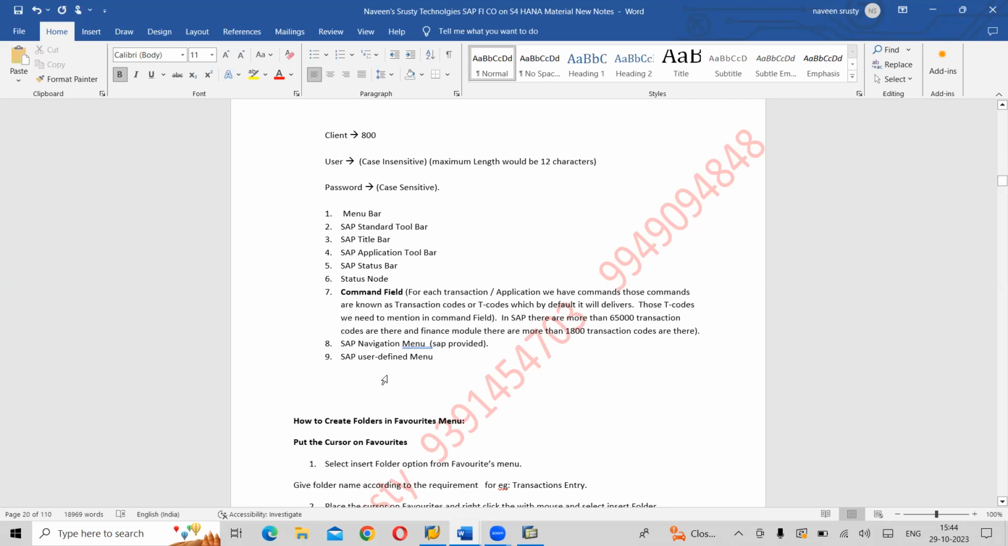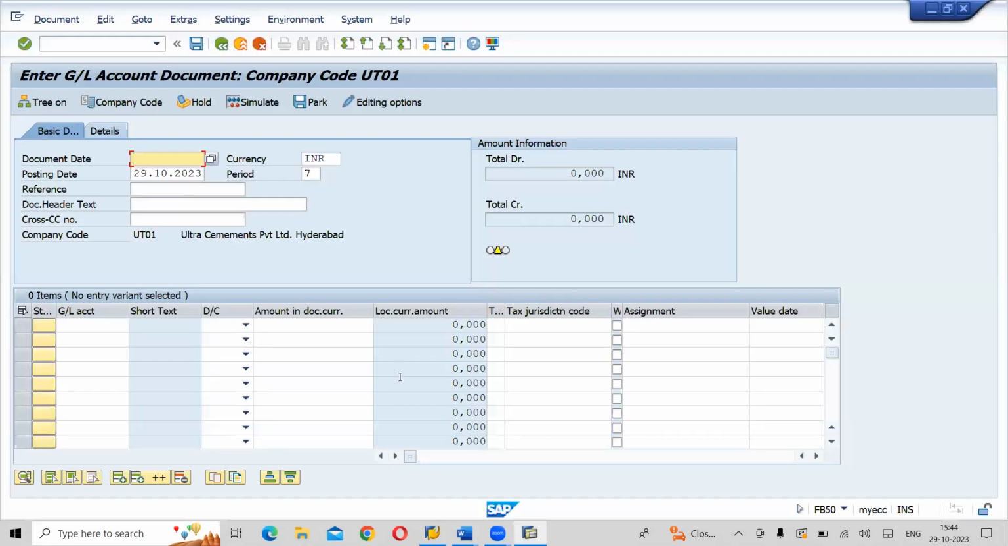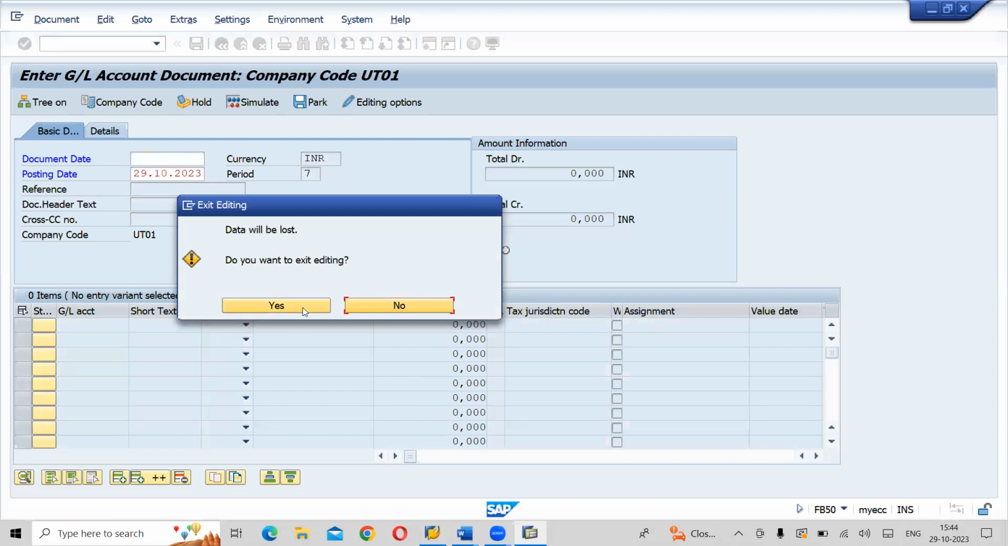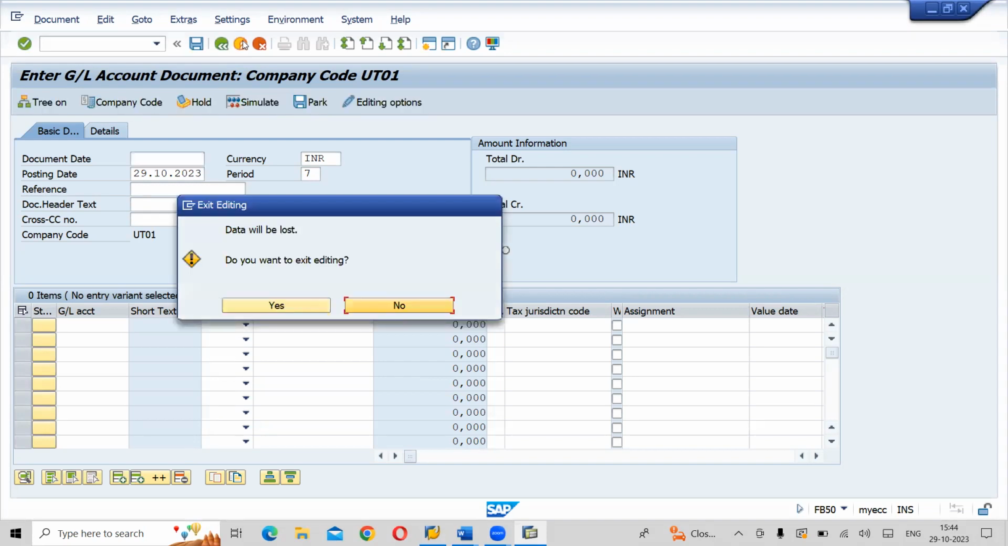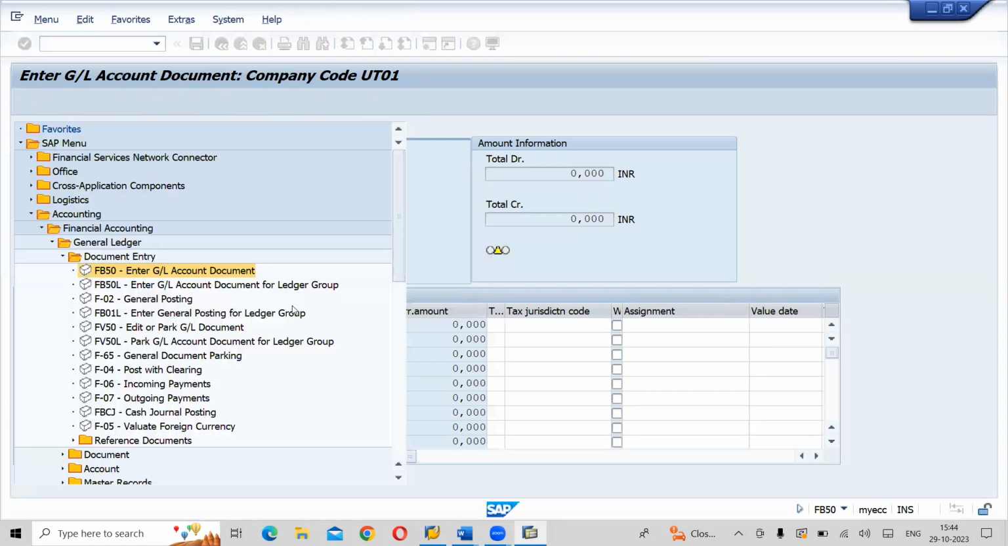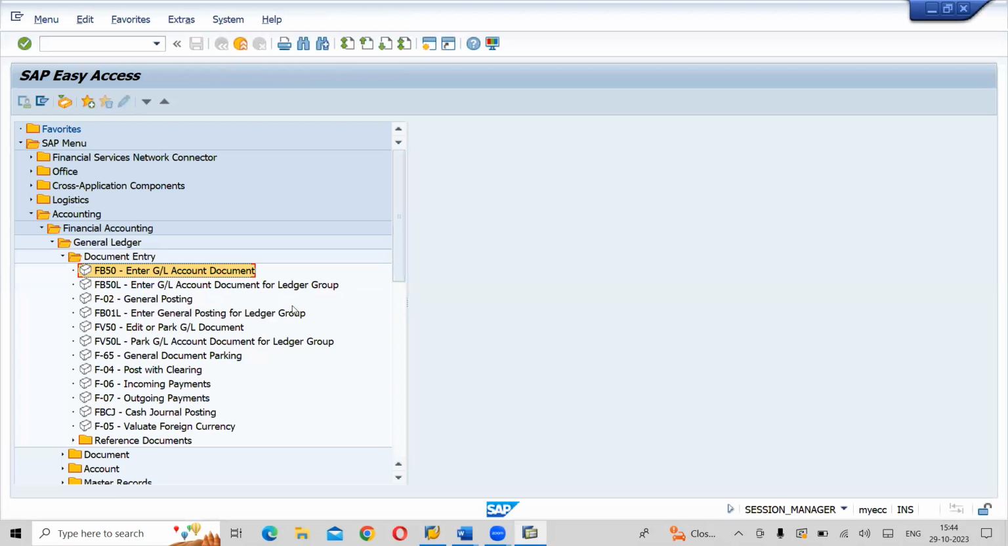SAP user defined menu. For example, again, it's new for you, majority. Every day we are working as an end user. This is the end user perspective. End users are working with only 10 transaction codes every day, right? Every day 10 transaction codes they are using, correct? So here, instead of opening like this,